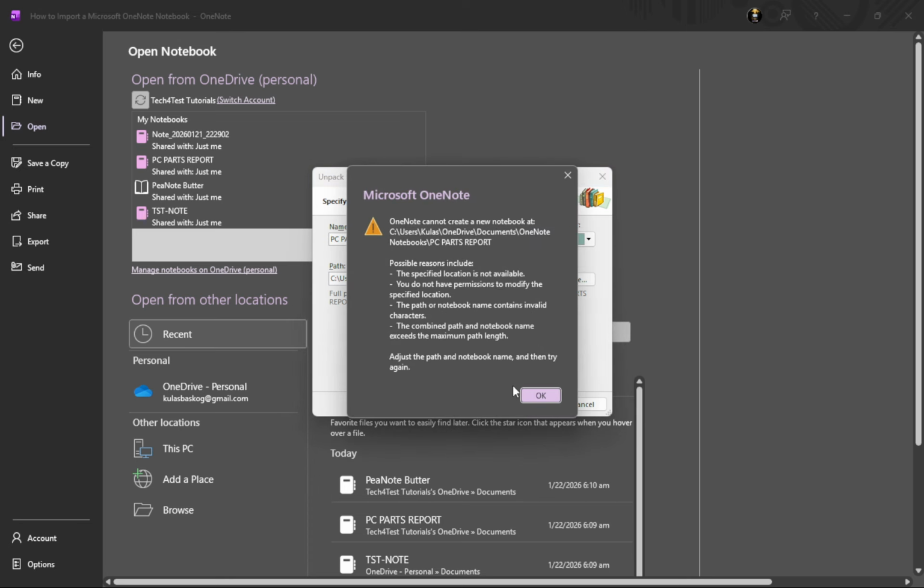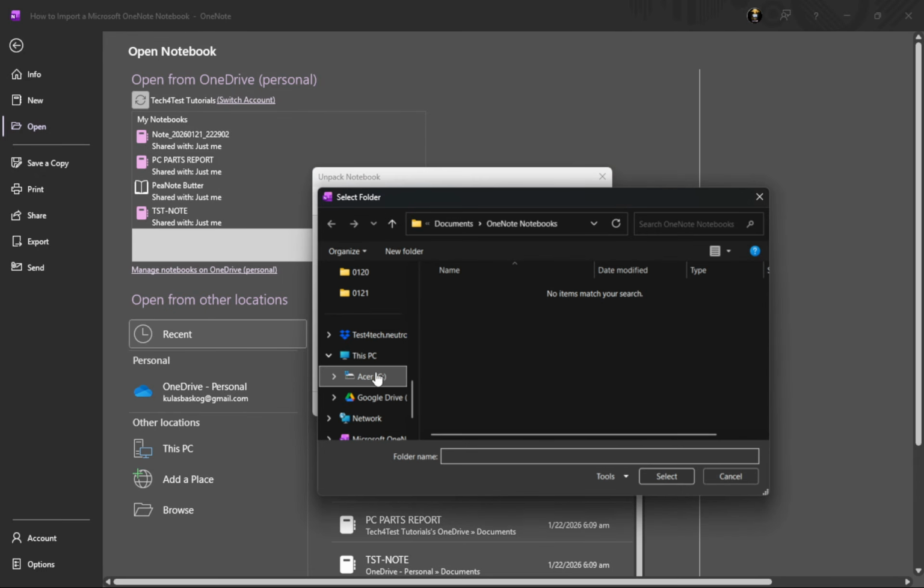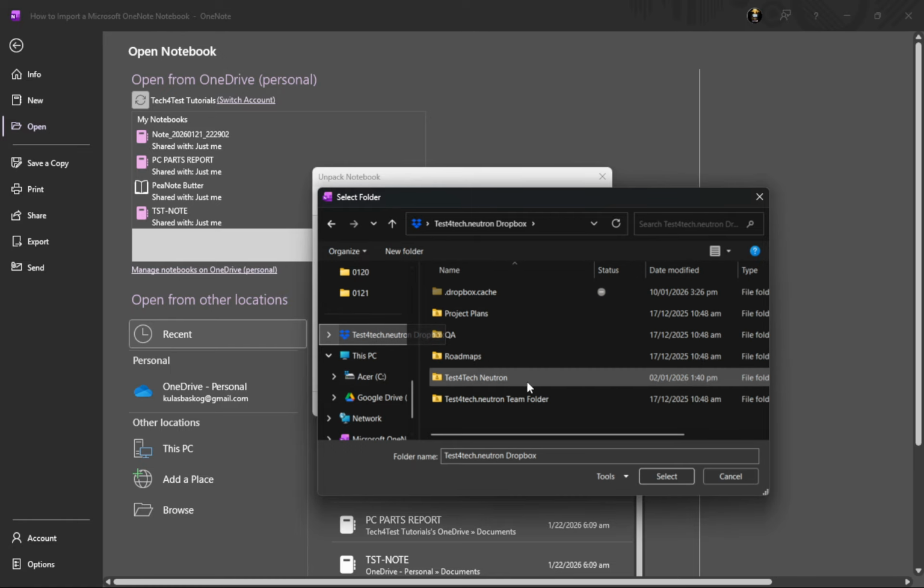Once the notebook is open, it's a good idea to save it to OneDrive so it can sync. That way, your content is backed up in the cloud and accessible from other devices or OneNote apps. This method is especially helpful when you're moving notebooks between computers or accounts, or if other cloud-based import options aren't